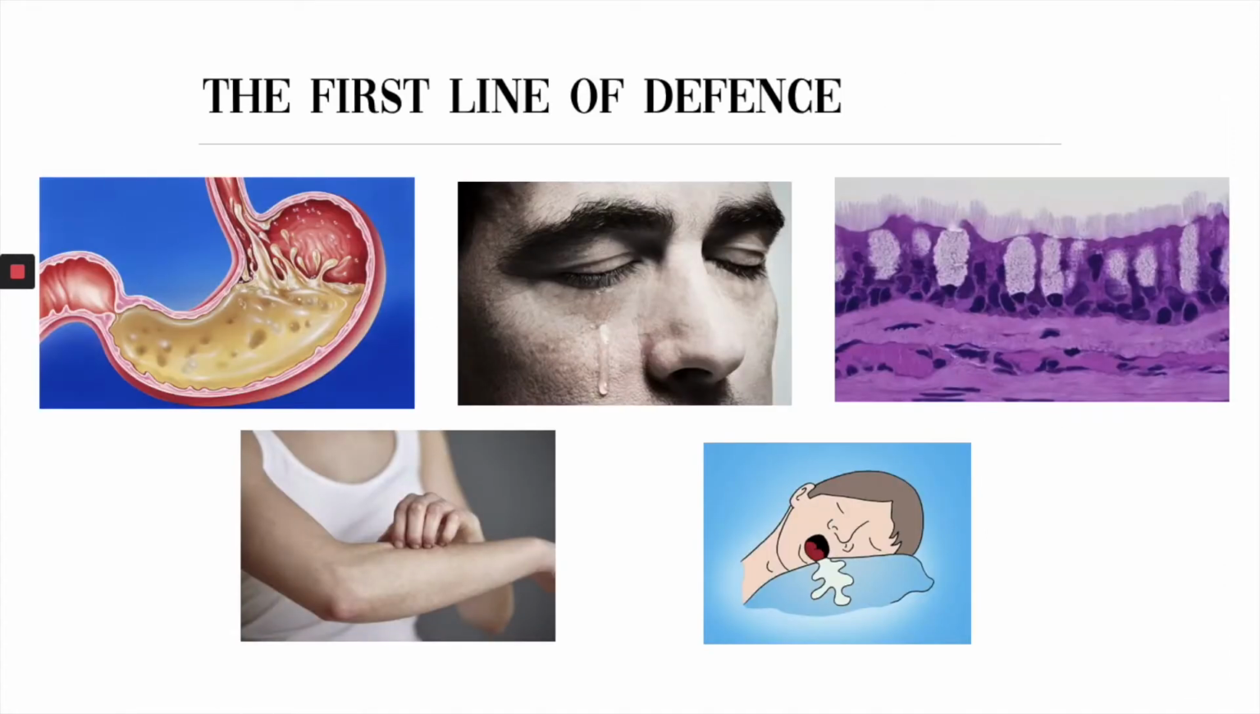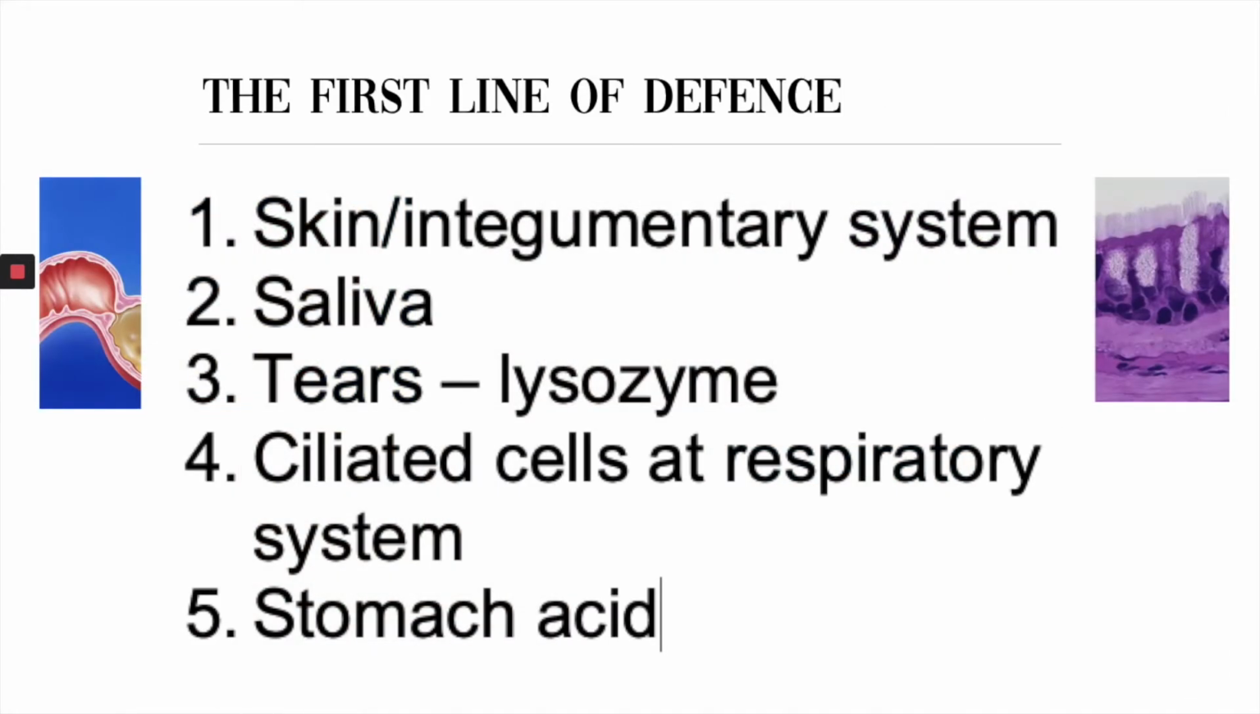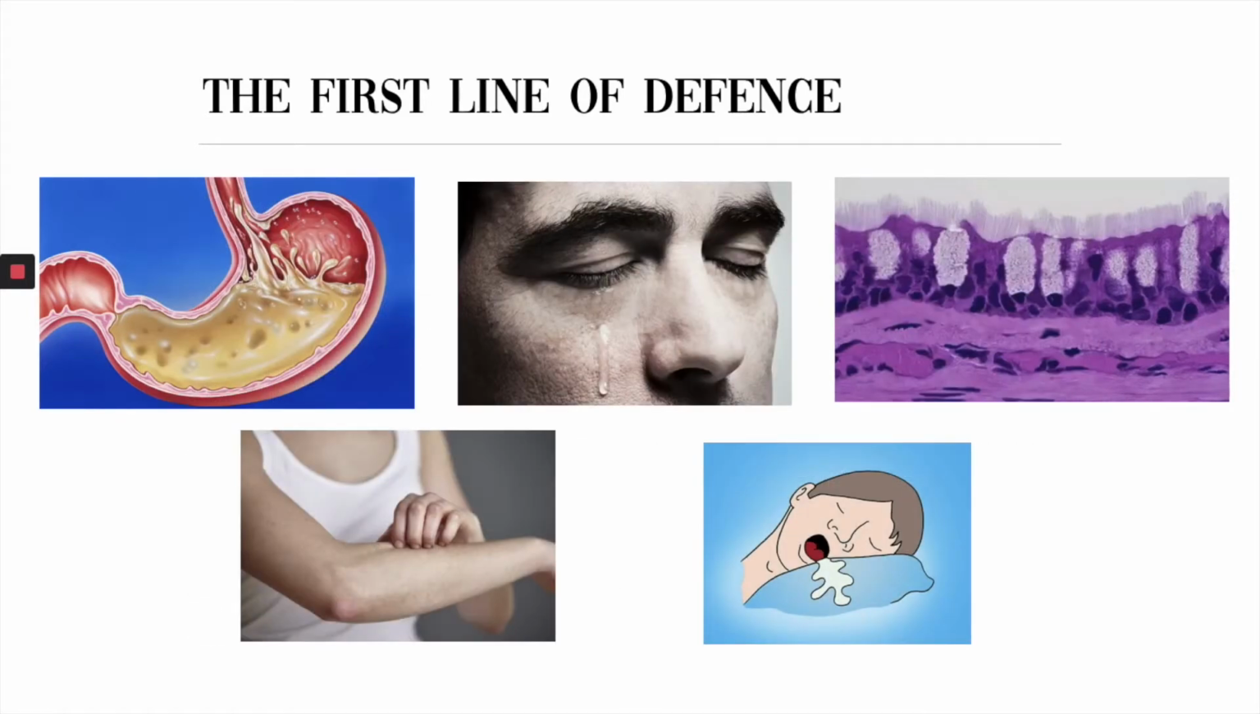Immunity. There are different defenses in our body, but there are some that are first exposed to these bad organisms. First one, you have your skin, your integumentary system. Two, your saliva. Three, your tears, which contain lysozyme, an enzyme that helps break down the walls